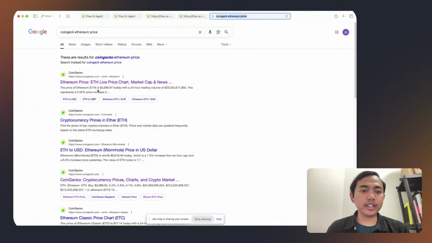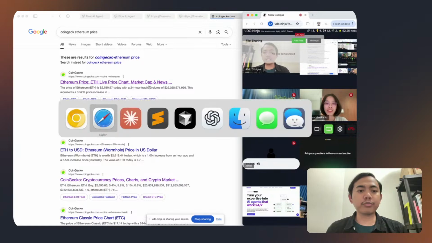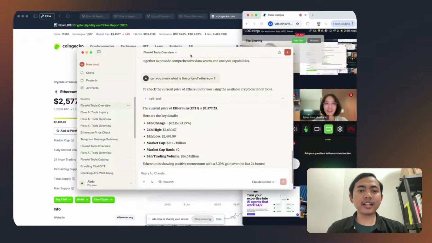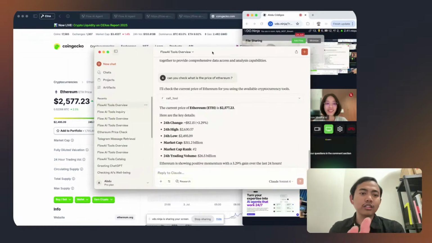I can go here and ask CoinGecko for the Ethereum price, which is pretty much the same as the price in the cloud that is coming from Flow AI. Apparently there is another screen share issue, but if it's enabled soon, you will see there is 2577 and 2577. So it is real-time data coming in.